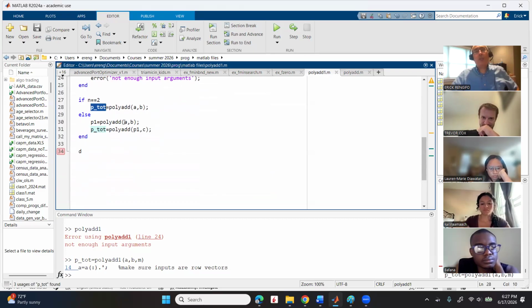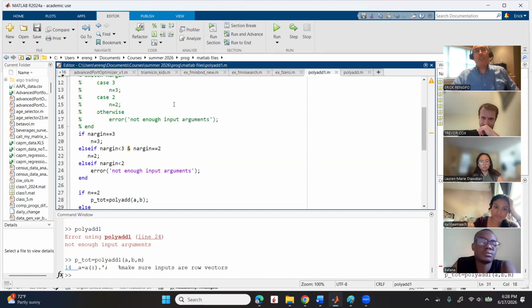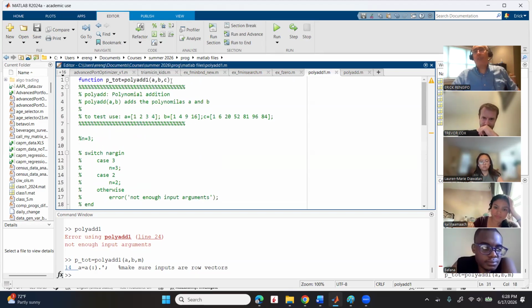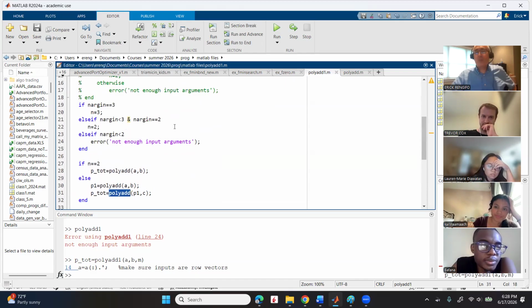So P1 is going to be first the sum of A and B. This is stored at P1, and then P1 enters as the argument of the same vector that we have done, and then you compute your P dot. Make sense? And you can do this later, more flexible, guys. You can have as many arguments as you want. This is going to be an assignment. Make sense to you guys? Clear? Yes. Perfect. Okay, so we can continue